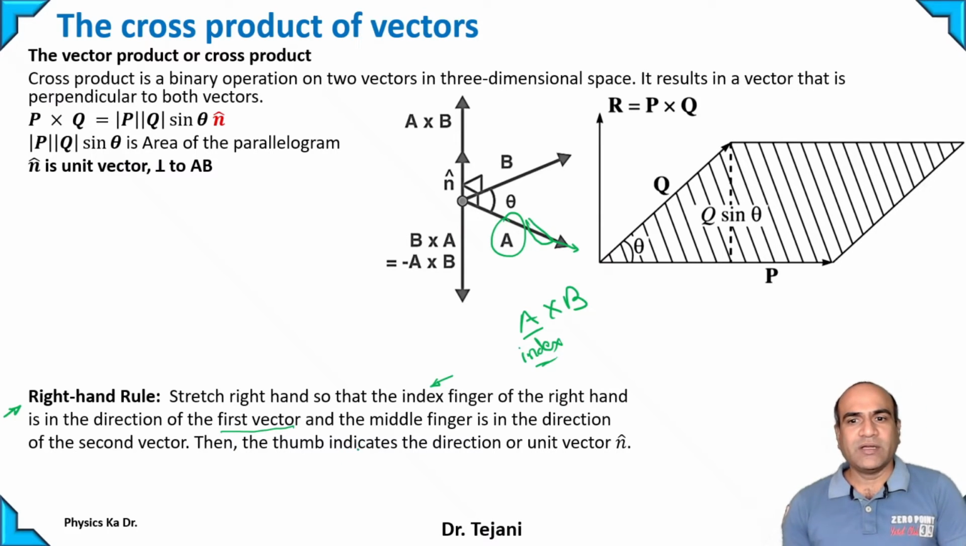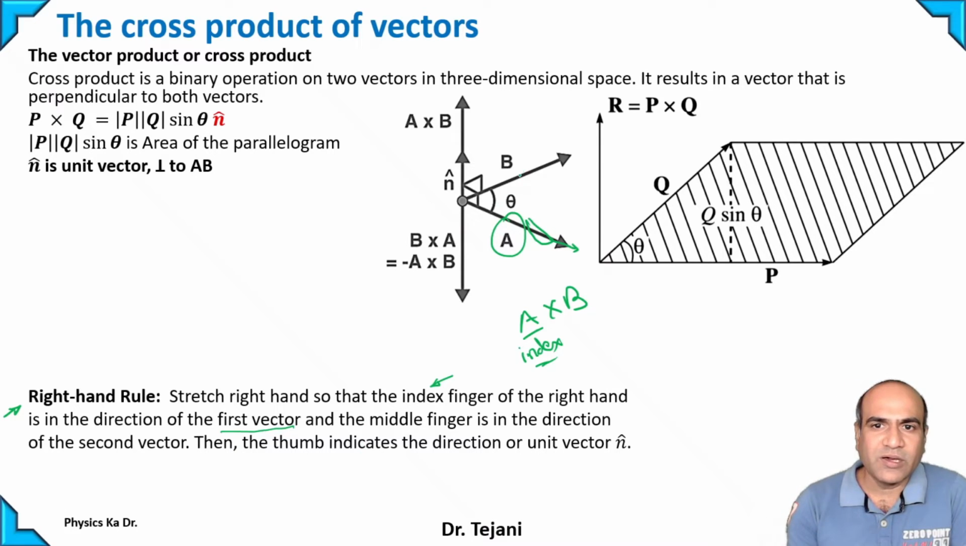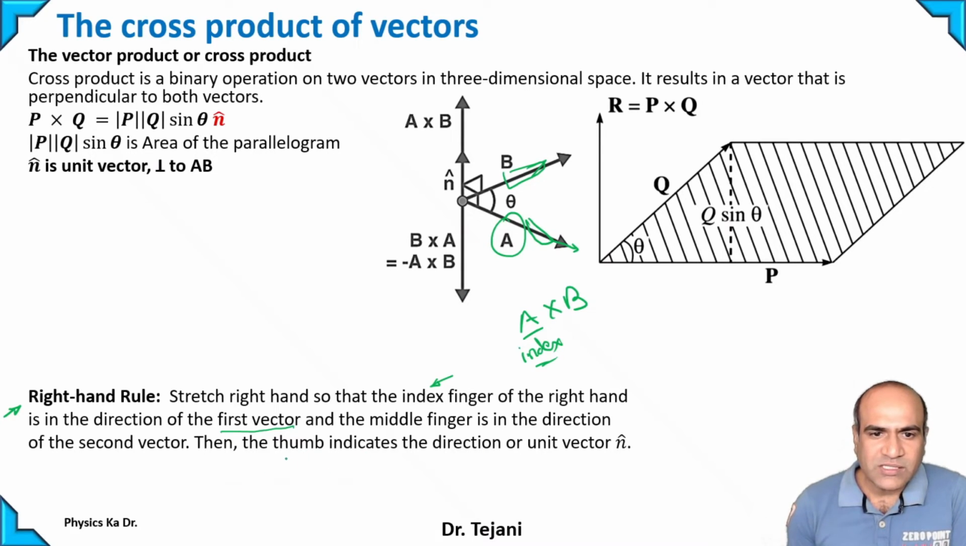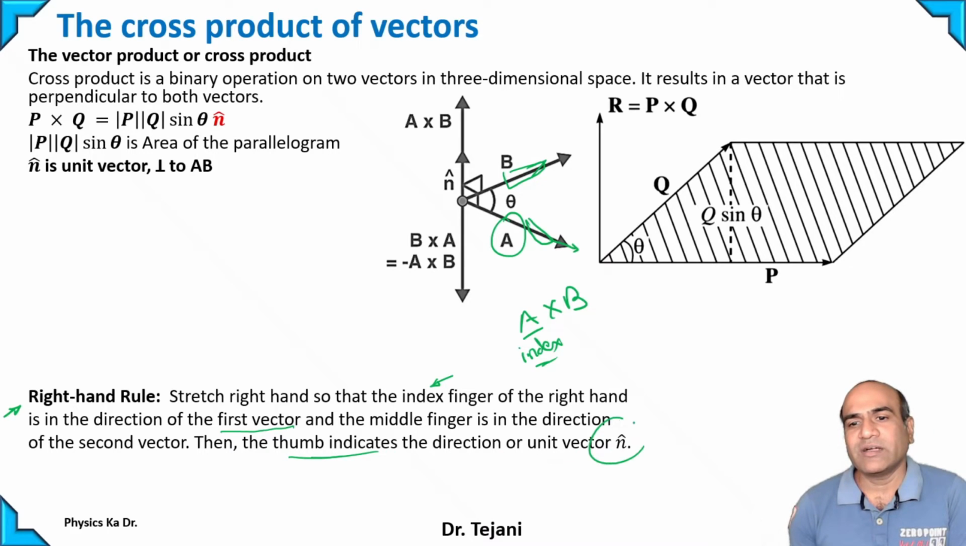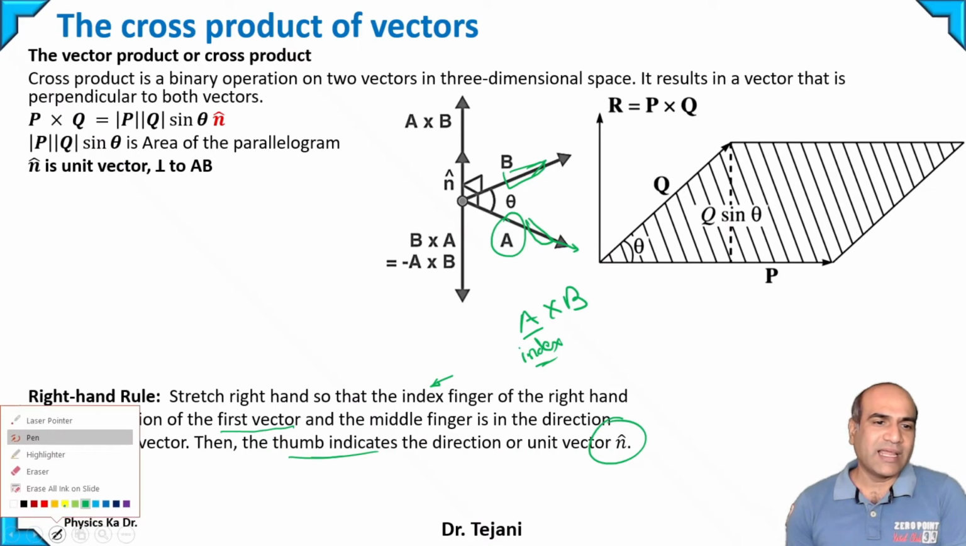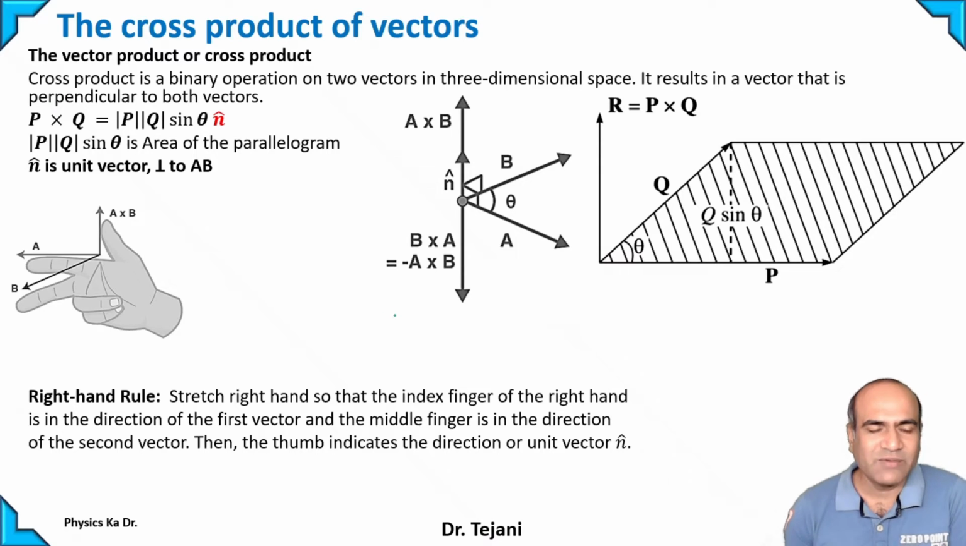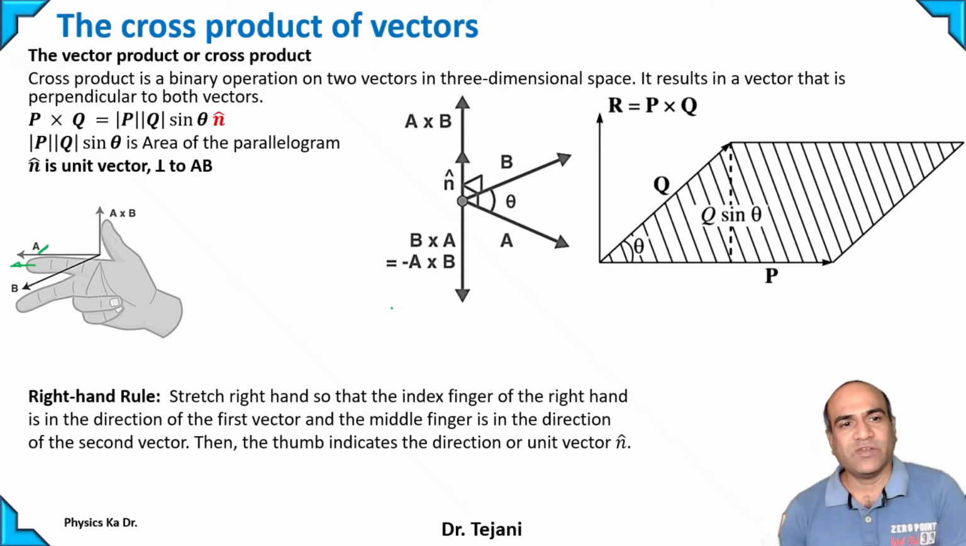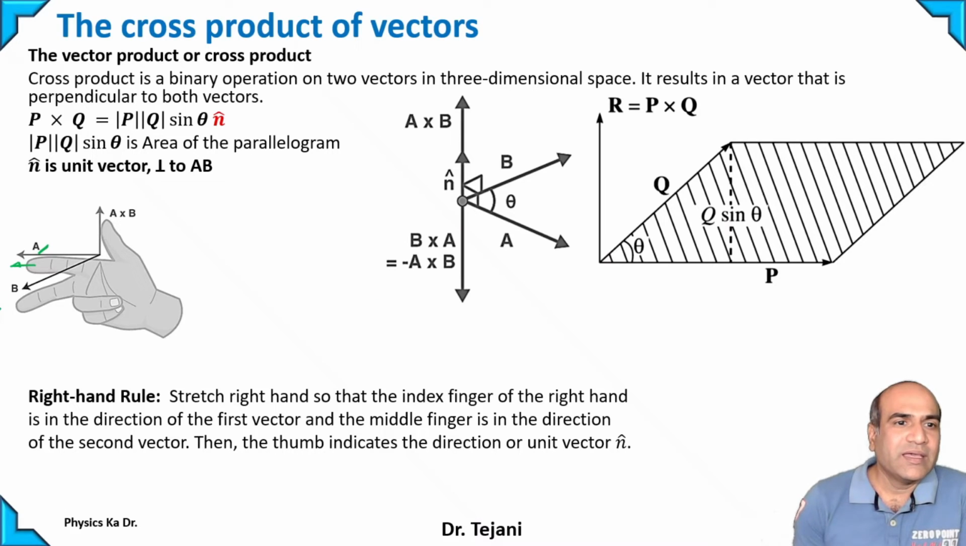Index finger should be in the direction of A, and the middle finger should be in the direction of B, such that the thumb indicates the direction of vector n. Let us understand. Say, for example, I am finding the vector in the direction of A, so you just need to put the index finger in the direction of vector A,